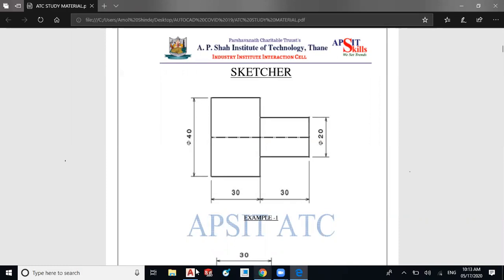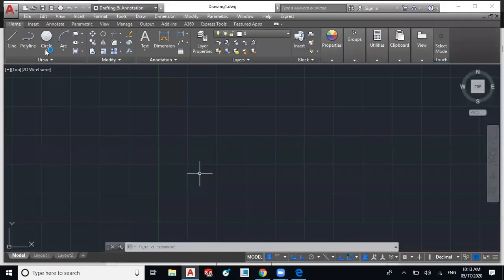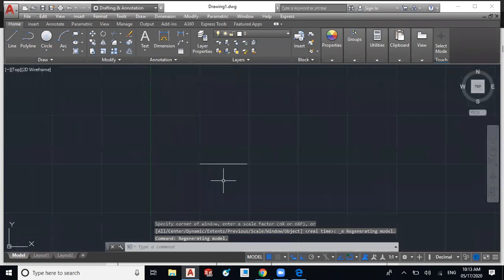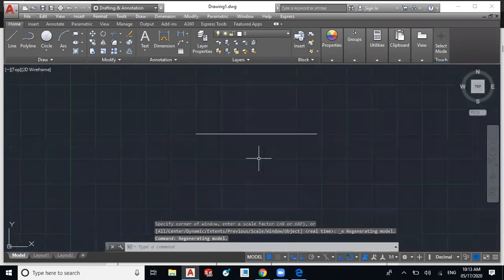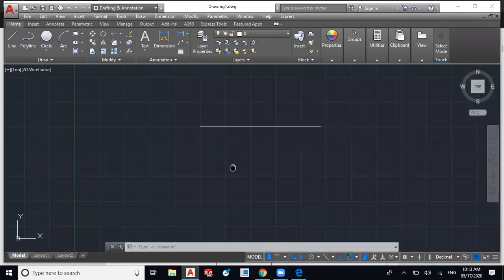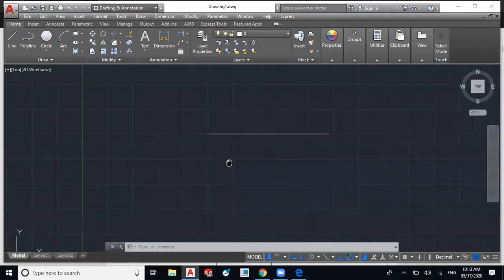Okay, so I will first draw the horizontal line, which is a reference line. Okay, I'll take a distance of about 60 mm. Double click on scroll to fit to screen, then zoom out. Okay, place it. To pan this drawing, you can press scroll and pan the drawing on the screen. So this is the pan command. By pressing scroll and dragging the mouse, you can apply the pan command, or you have the pan command on this navigation bar too.